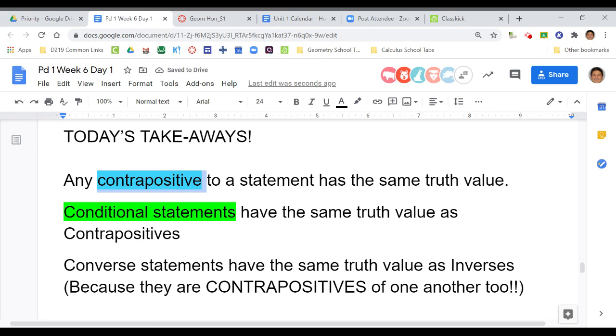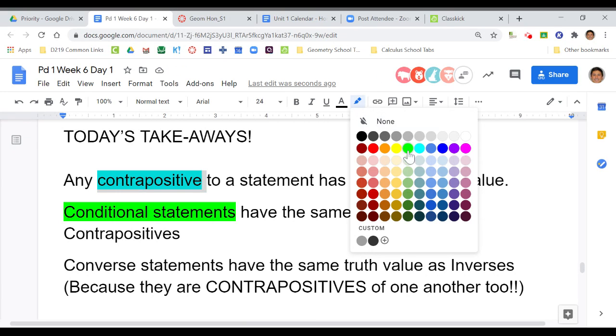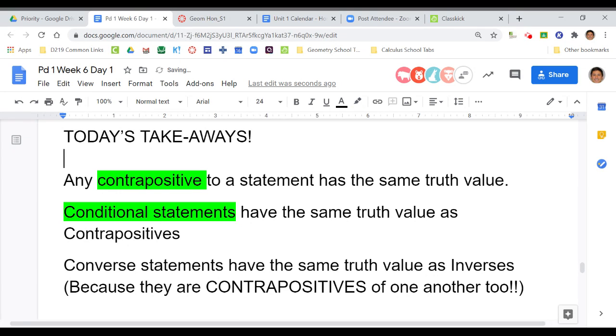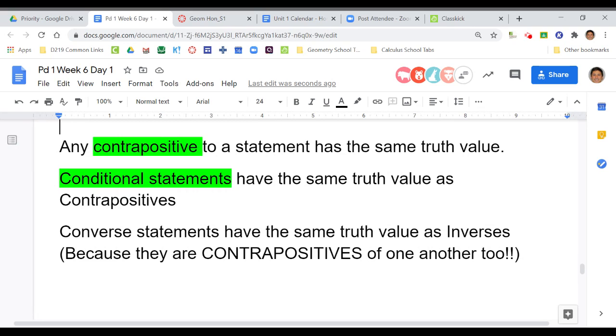I'm going to make that the same color. You reverse the order, so it's Q implies P, and then you negate both of them. Negating means you add a not into your statement. So instead of P implies Q, it would be read as not Q implies not P. And then the same thing goes for the relationship for the converse statement